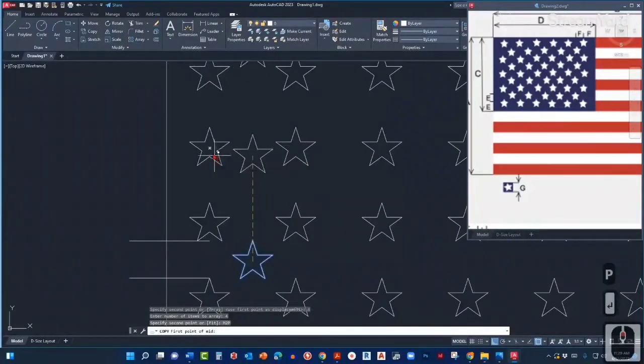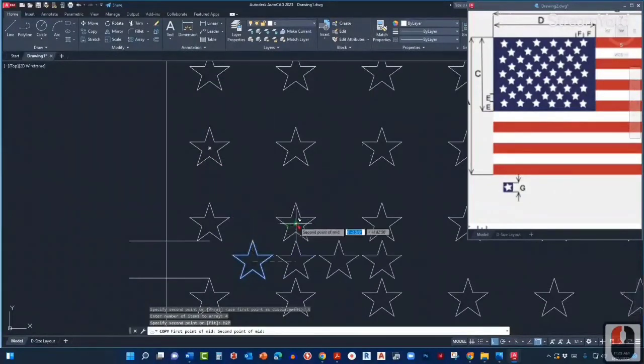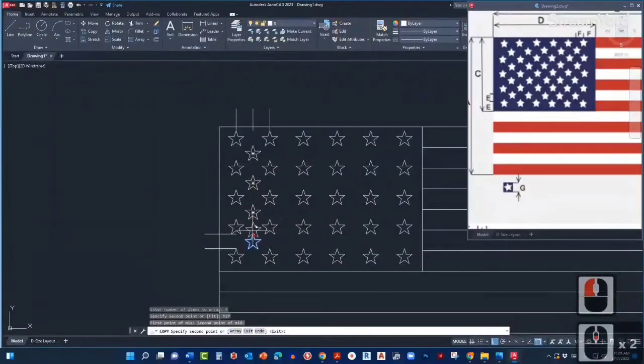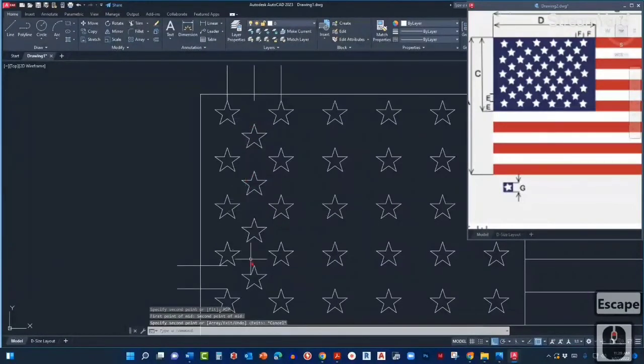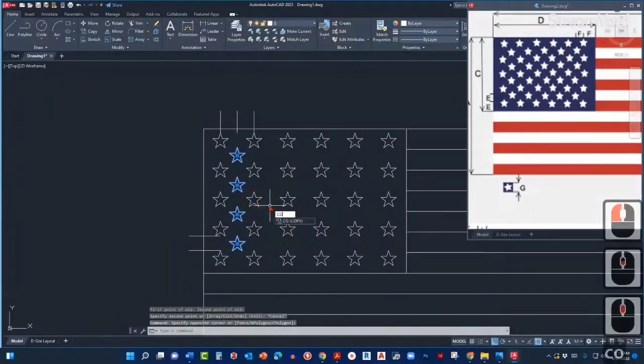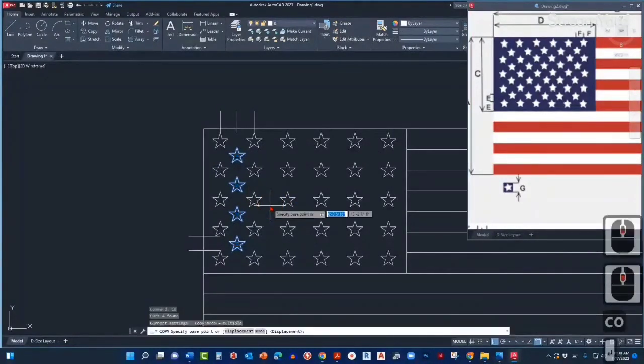So we can click 1 point over here, click, and then 1 point over here, click, like so. Okay, you can see we placed our stars. Let's press escape. So we can now finish our stars by copying all of these again using the copy command